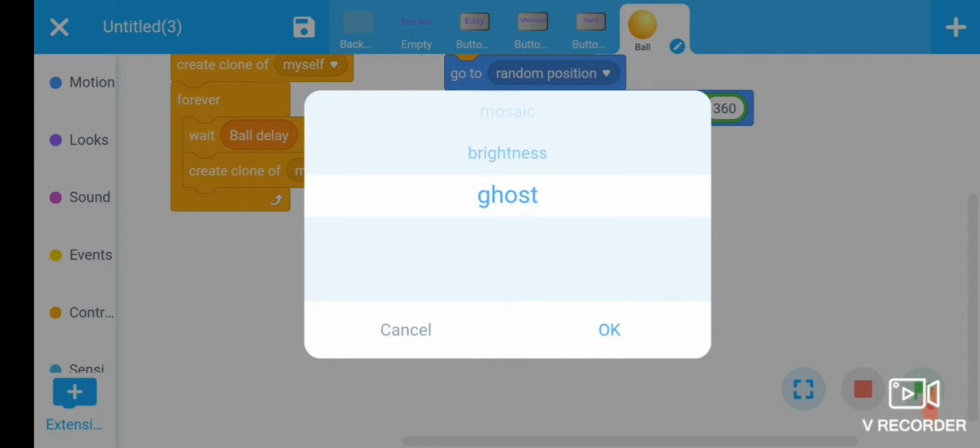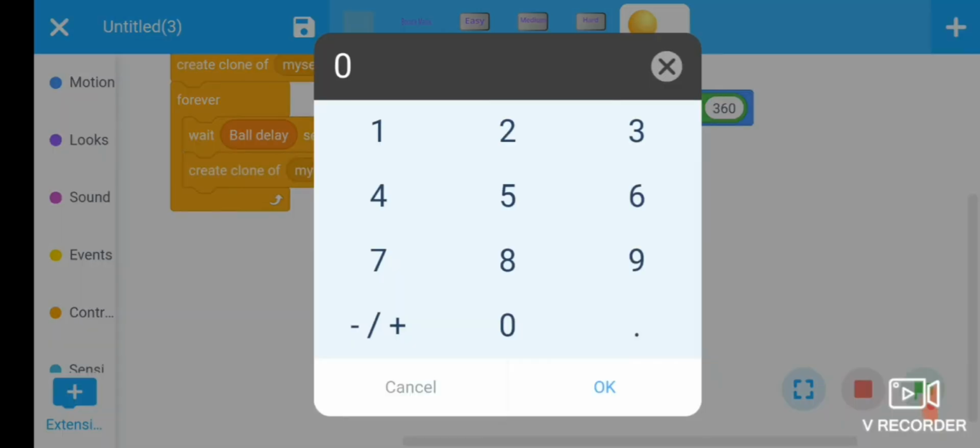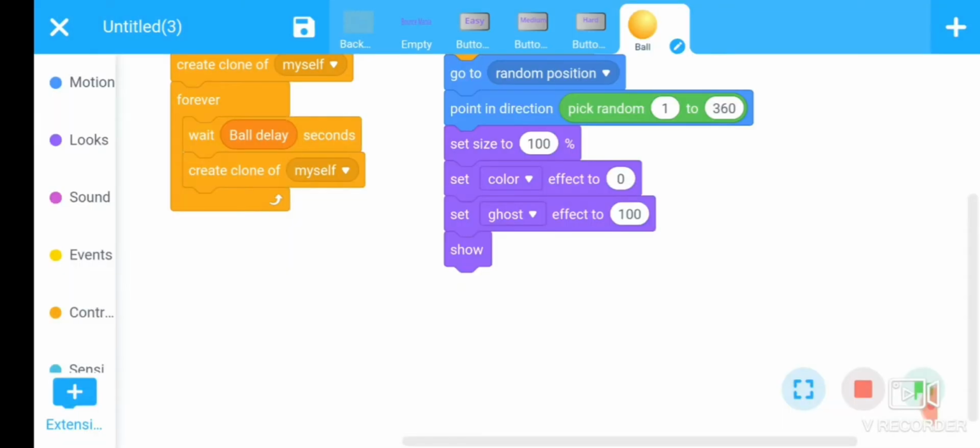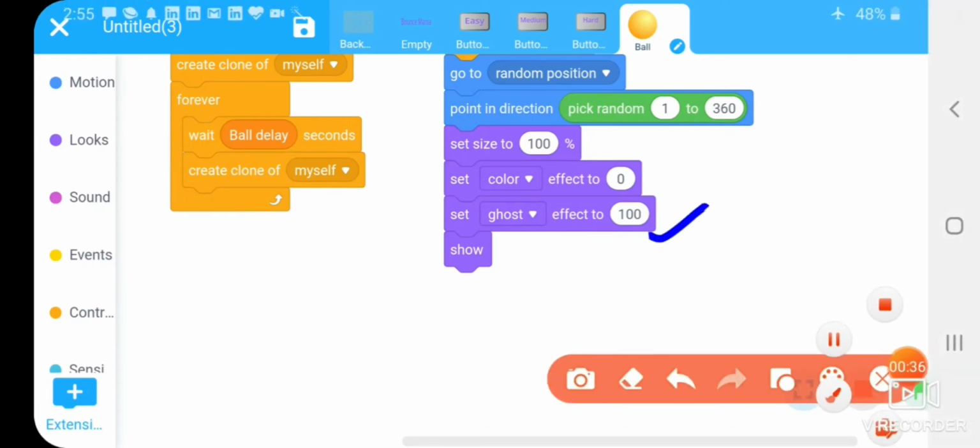Also choose here ghost effect. Its value is 100. This command indicates that initially the ball is disappeared, and when the ghost effect has value 0, the ball appears on the screen.